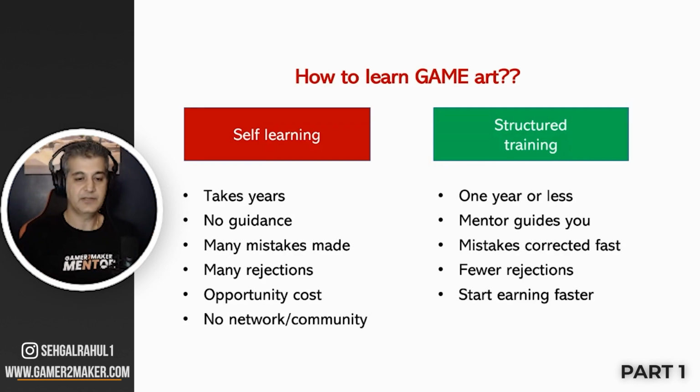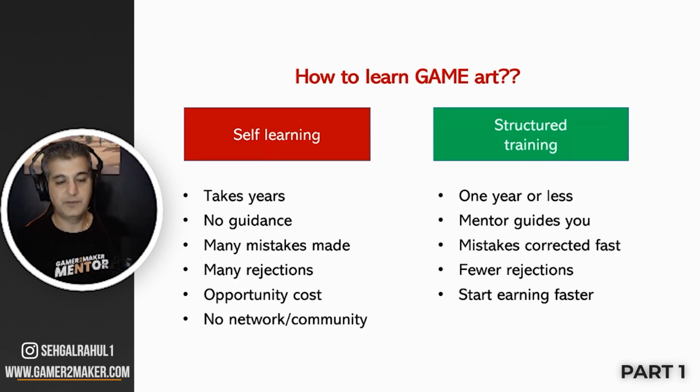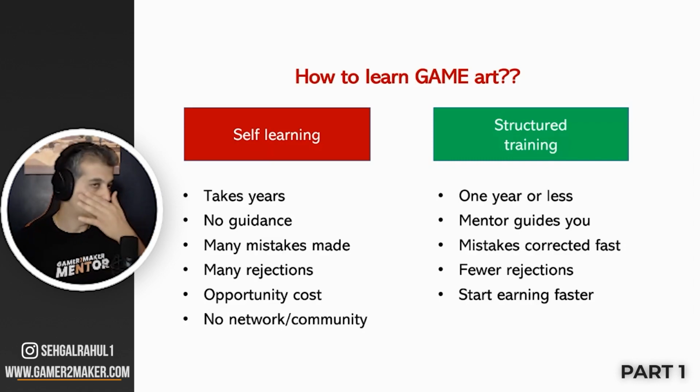So this is where the opportunity cost comes in, right? A lot of you guys must be thinking, look, I don't want to spend money, I want to do it for free. But you are losing a lot of money in opportunity costs. Suppose you spend 1 year extra self learning. Remember that you could have been earning during that time. You could have been earning, say, 30, 40,000 rupees a month.